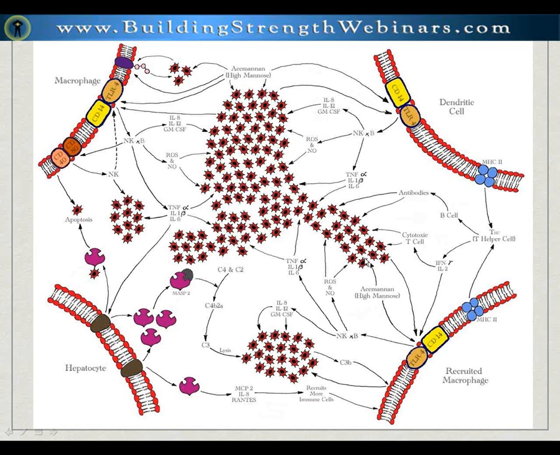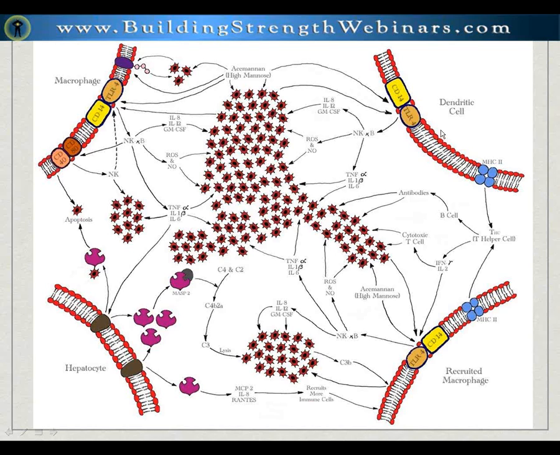So as long as there's high levels of Ace Mannan or any other polysaccharide, these cells are going to be activated and they're going to be on the search for any cells that express high levels of fucose, mannose, or N-acetylglucosamine, which are very rare within human cells in their terminal expression. Okay, so normal healthy cells don't express the fucose, mannose, N-acetylglucosamine, but cancer cells do. And that's how the immune system finds them and destroys them.